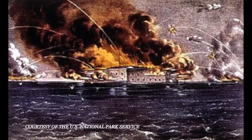But something that's absolutely insane throughout this entire battle is within Fort Sumter, not one person got injured. Even though it was night, and it was in April, so during spring, so they probably had allergies, between the nights of April 12th and April 13th, not one person was injured within the fort, because it did its job